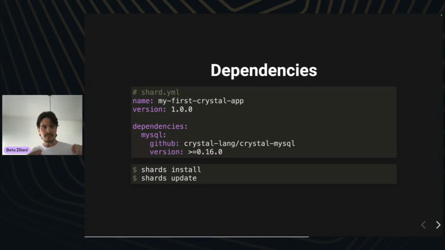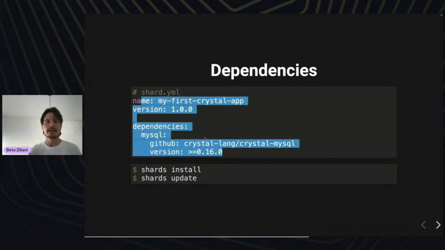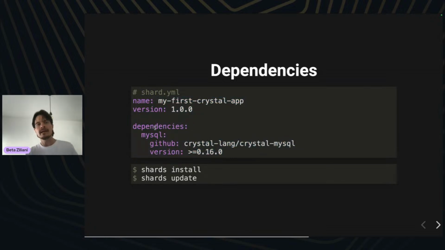And basically, with a YAML file, with this format, you can say, okay, I depend on this shard MySQL that is defined here and with this particular version. So then you call shards install, and it will install that shard in your computer very easily.